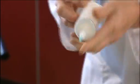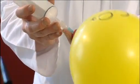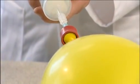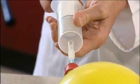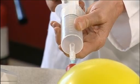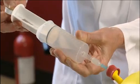Place the hypodermic needle, make sure the plunger is fully in so there's no air in the syringe. Insert the hypodermic through the self-sealing rubber stopper, taking care not to puncture the balloon, and draw in 100 cubic centimeters of carbon dioxide from the balloon. Seal the hypodermic again